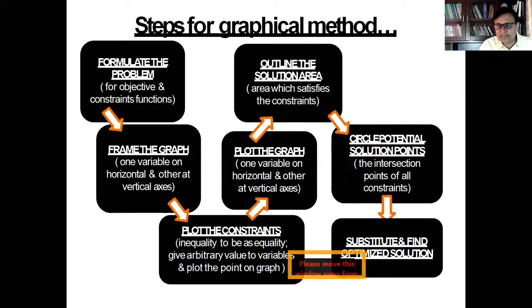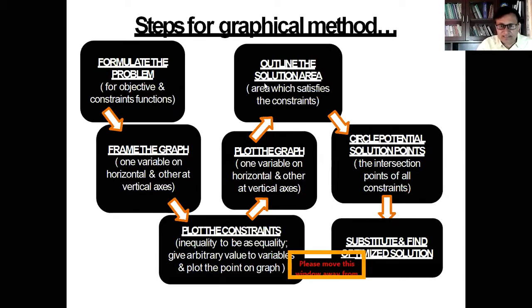So first of all, we will get the value of each variable by alternatively putting them as 0 and then plotting these. The third step will be to plot these constraints on the graph, because there are two axes on the graph paper, x1 and x2, or x-axis and y-axis. So the inequality should be treated as equality, and giving the arbitrary value 0 to one variable, you will find the value of the other variable. The fourth step is that these values will be plotted on the graph, and then on the plotted area you will see whether the constraints are greater than or equal to type or less than or equal to type.